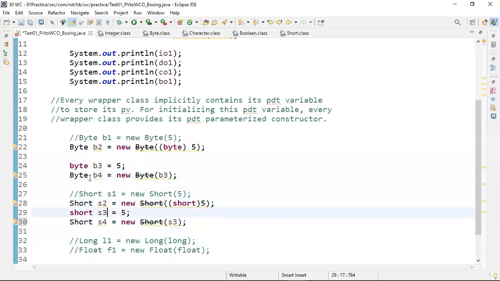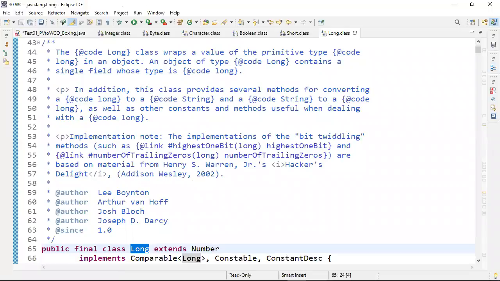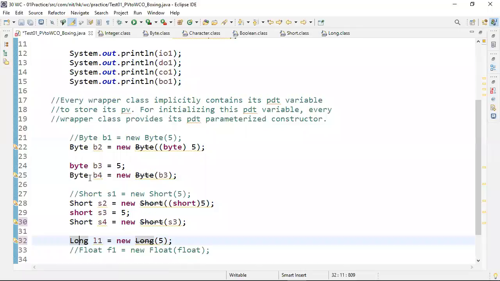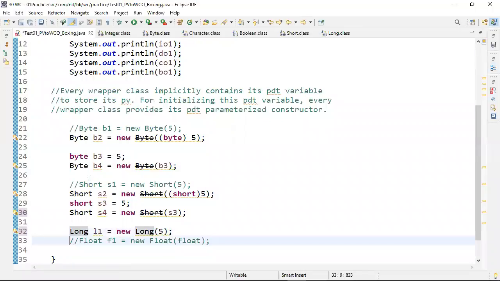Next, now the Long class. What is the Long class constructor? Long parameter. Should I do any casting? Not required. Directly pass 5. According to the widening concept, the compiler will convert the value 5 to long. Int is converted to long. Implicit conversion will be done by the compiler. We need not worry. In which version is the Long class given? 1.0. Okay, right.